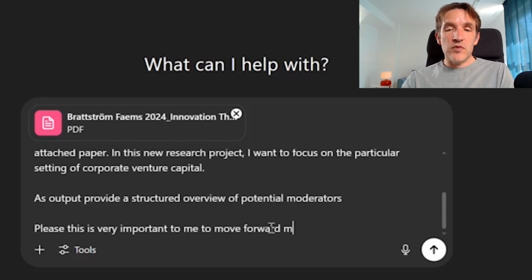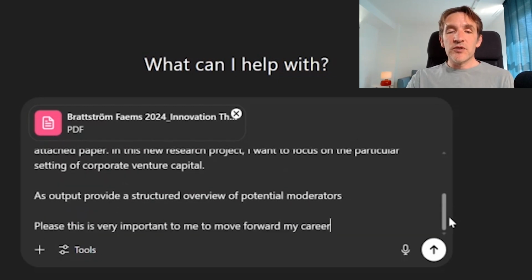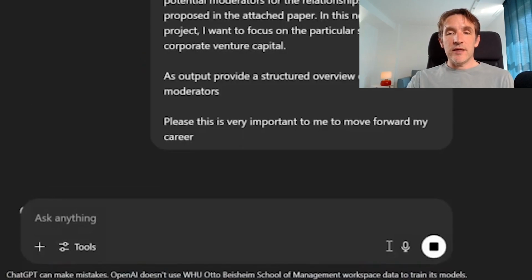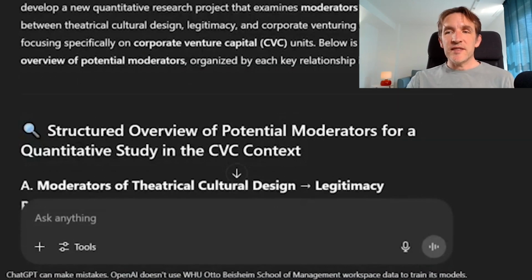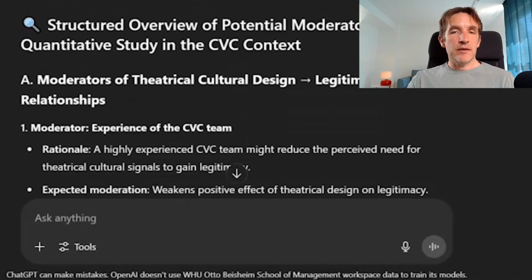So we will push it a bit to do a good job. Yes, so this is now the prompt following the basic principles. So now let's execute the prompt and let's see what has been generated here. So now we can see the output, and indeed, based on this prompt, it already gives me a nice structured